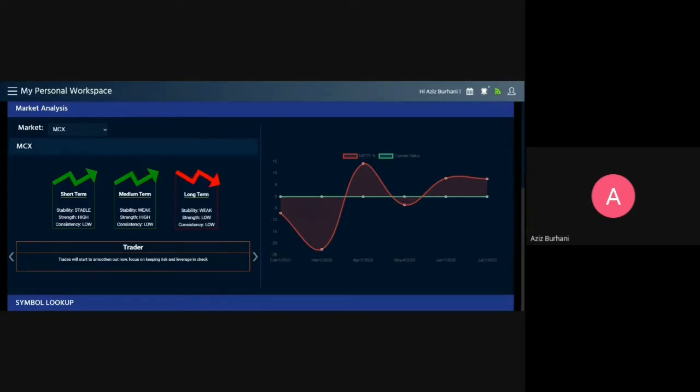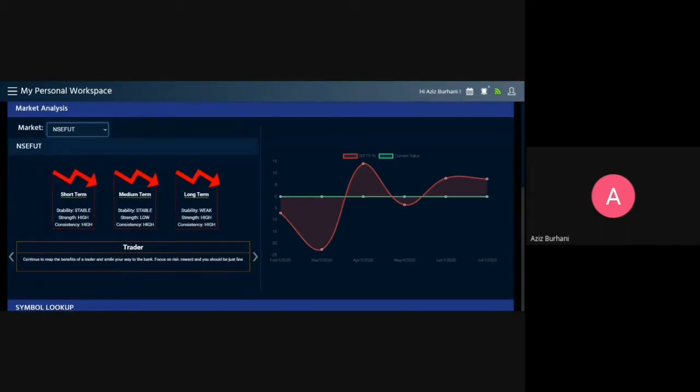So it gives a market outlook in all these horizons, and it rates the trend on 3 different parameters, that is strength, consistency, and stability. If you select NSE futures, we have different markets for NSE and NSE futures.